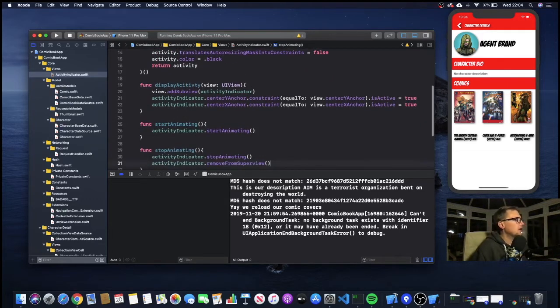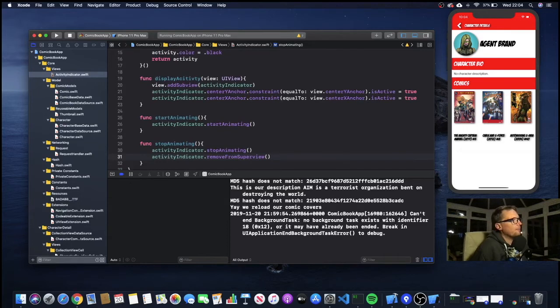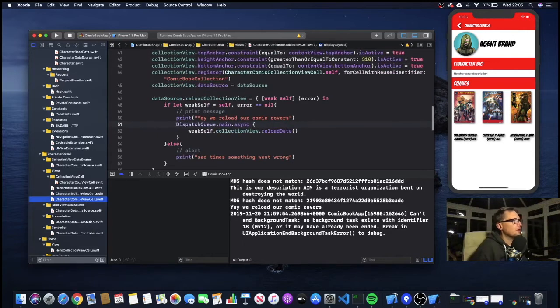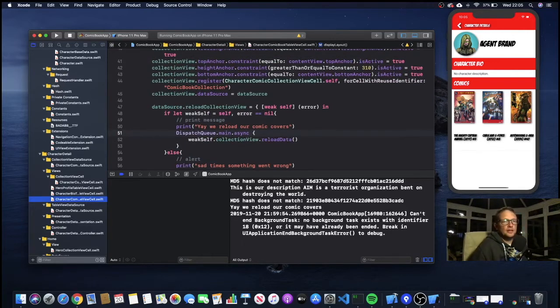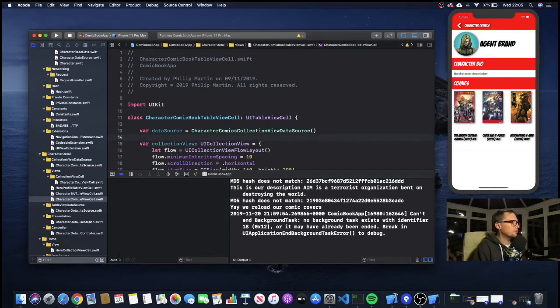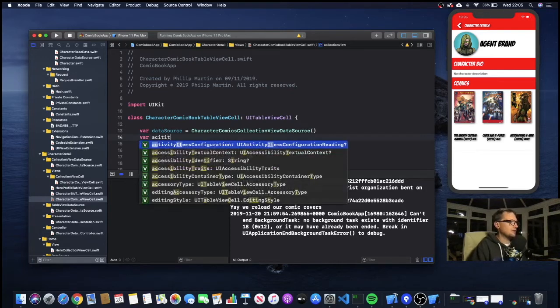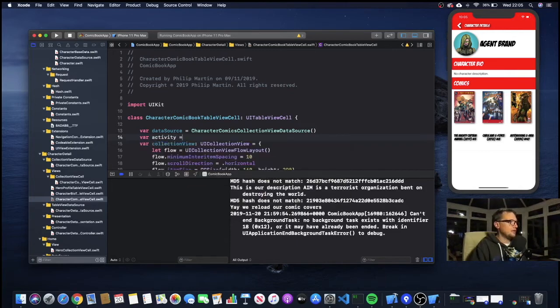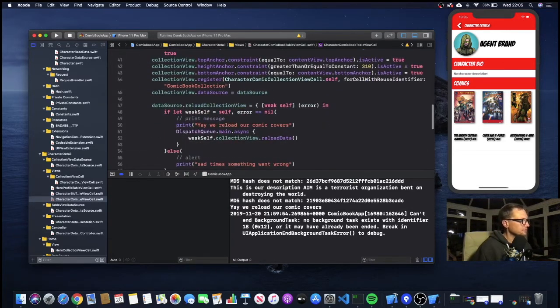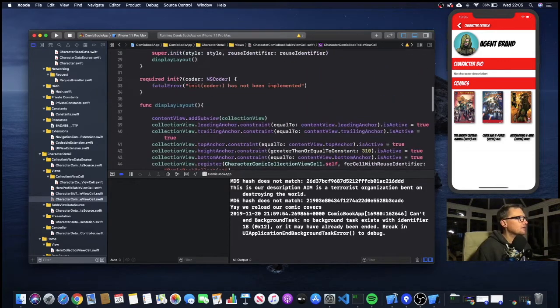So now we have the activity indicator class set up. We can use it in our table view cell. So to begin with, we are going to set up when to present the activity indicator. So here in the comic book, yeah, this is the correct cell, we want to do var activity equals ActivityIndicator. So we're going to initialize that there,